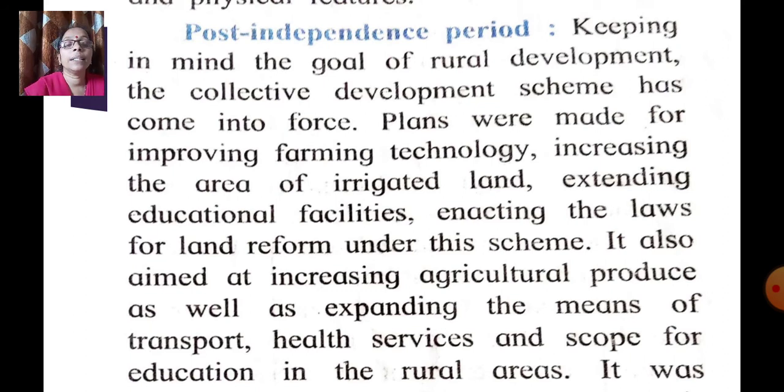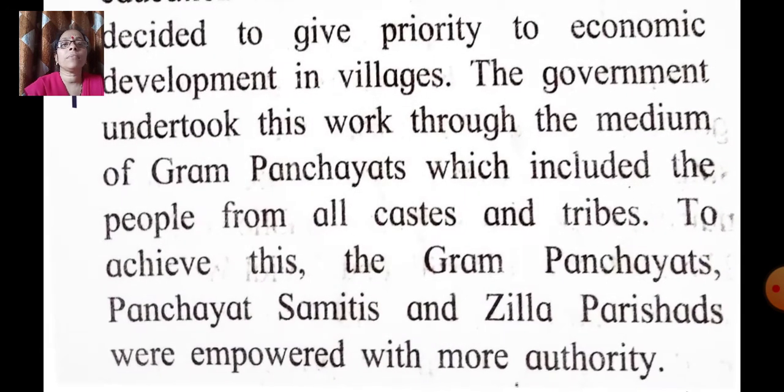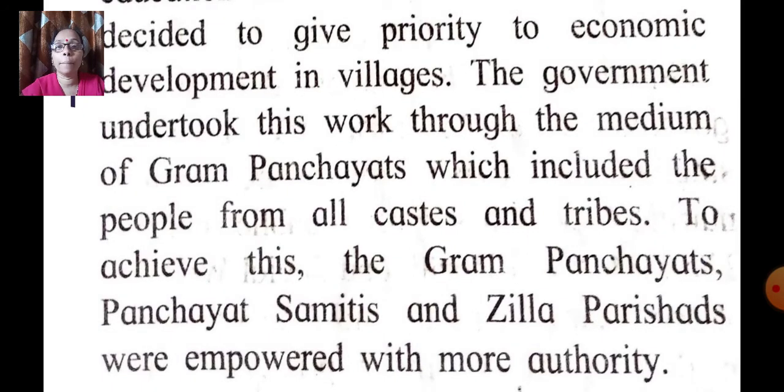It also aimed at increasing agricultural produce as well as expanding the means of transport. So apart from increasing agricultural production, of course it needs to be marketed, so transport facilities should also be made available. Health services and scope for education in the rural areas. Also, the people in the villages should be provided with good health facilities and educational facilities. And so it was decided to give priority to economic development in villages. So more importance was given to the economic development in the villages, and the government undertook this work through the